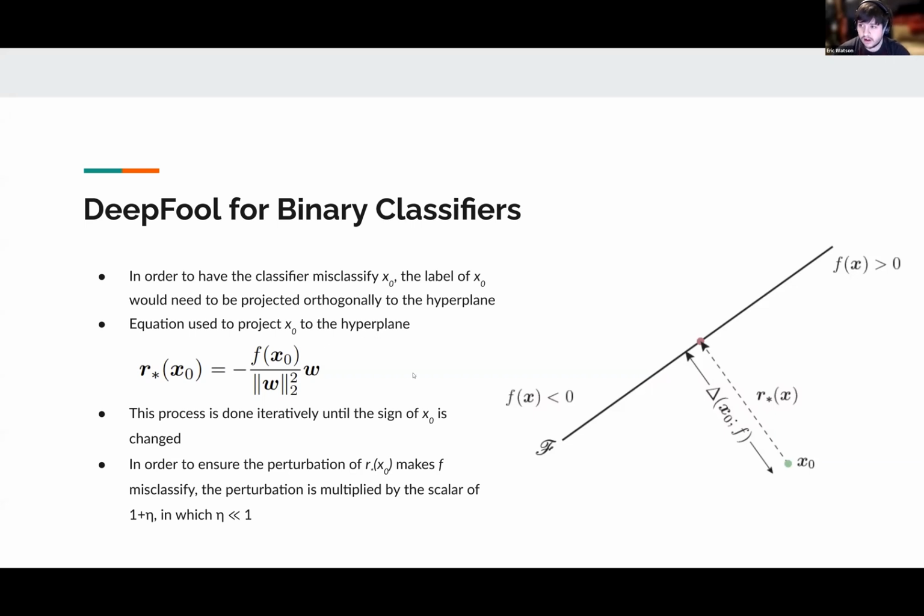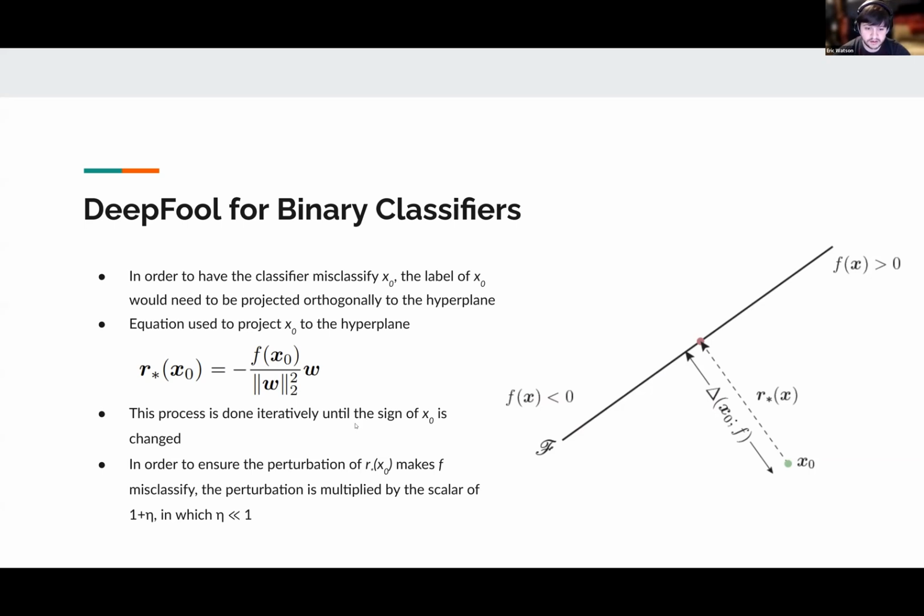So what they do is they get the logit value output, which is f of x0. So it's basically the input multiplied by the transposed weights plus the bias, the final output of that. And they compute the loss and get the gradient. So then they divide the logit value by the gradient, and then they multiply it by the unit vector of the gradient, as shown here, which is why you have the L2 norm of the gradient squared. Because models are nonlinear and don't always converge, they do this process iteratively until